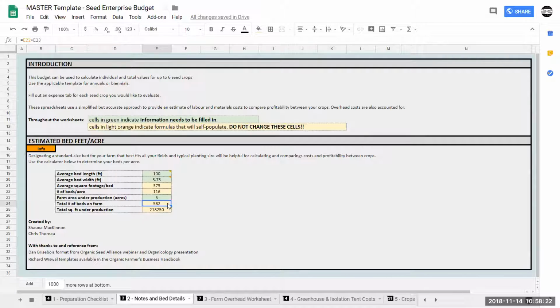Well, I basically have this theoretical number of beds of 582. So when we look at farm overhead costs, what this spreadsheet does is spread those costs evenly over those beds. One way to look at that is that farm overhead cost gets applied to that bed whether you grow something in it or not. You pay a rent, you pay for the website and all that stuff, no matter what. That doesn't change. And so you want to try to maximize the use of your space in order to get the most value from that. So that's what this does here, and it just helps spread those costs over the farm.